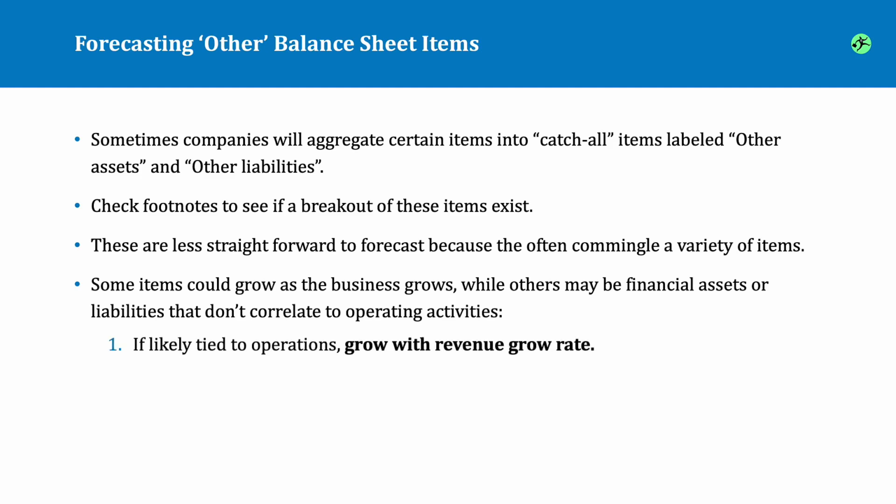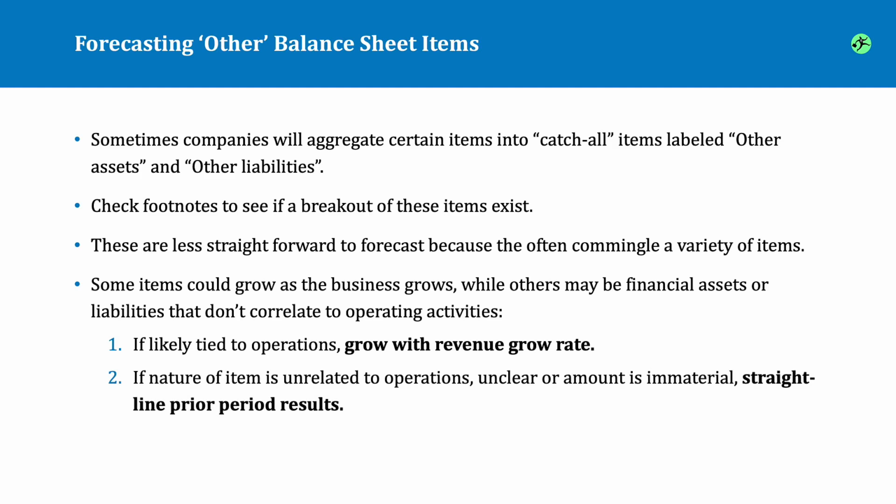In which case we have to make a choice. If we believe that the items en masse that are lumped within other assets, either current or non-current, or other liabilities, are likely tied to operations, meaning they will most likely grow as the revenue of the business grows, grow them at the revenue growth rate. On the other hand, if the nature of the item is unrelated to operations, like a financial asset, some currency-related financial asset or financial investment, or an investment in some other affiliate that has no fundamental connection to the operations of the business,